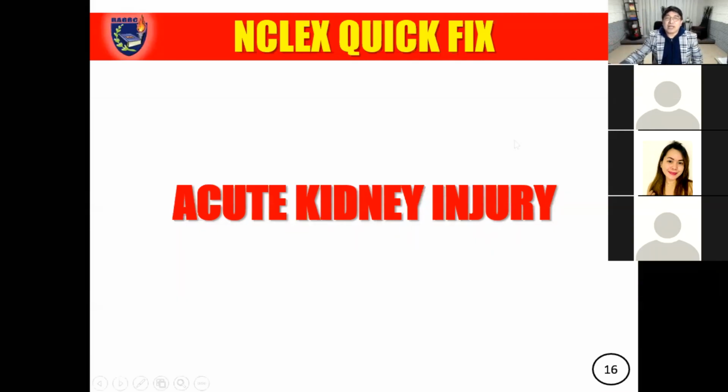Now for us to be able to analyze what happens in AKI, it's very important that we know the basic functions of the kidney. You have to recall all the functions. You have to know the basic ones. So we all know that the kidneys are the ones that filter our blood, and part of it would actually become